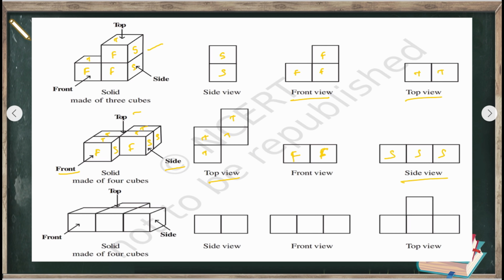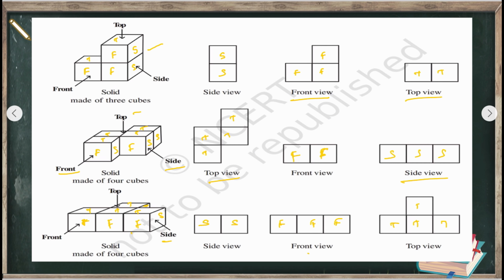That's its side view. In a similar way, we have another figure in which we again have to write the different views. From the side, you will be able to see this side and the one here. So its side view will have two boxes. If you look at it from the front, you will see these three boxes. So this is its front view. And from the top, you will be able to see these four boxes. So this one is its top view. In a similar way, you will be given some more figures. You have to use your imagination to draw their different views.